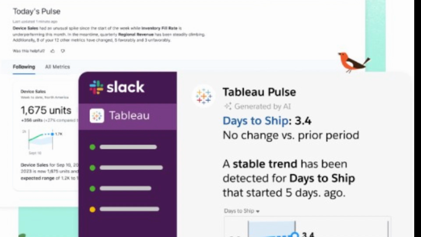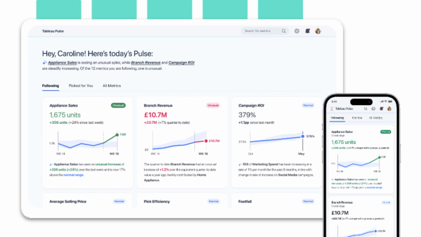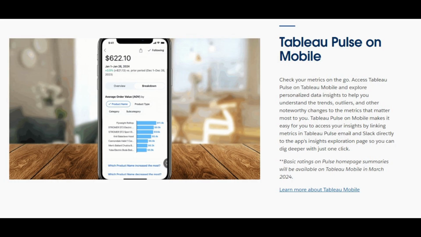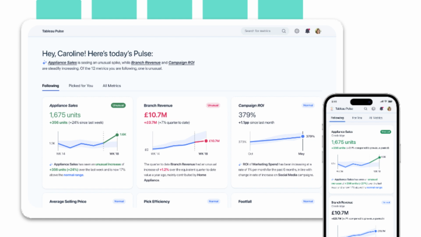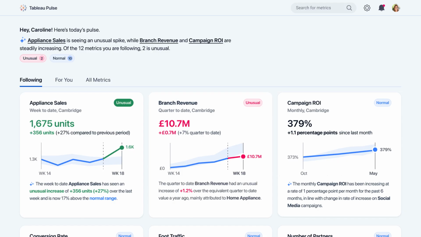Yes, this Tableau Pulse was already available in the Tableau mobile, easy to go, so that you can explore anything from your mobile only. And this Tableau Pulse provides tailored insights to the right users at the right time, so that it enhances decision making and drives action based on the live data updates.